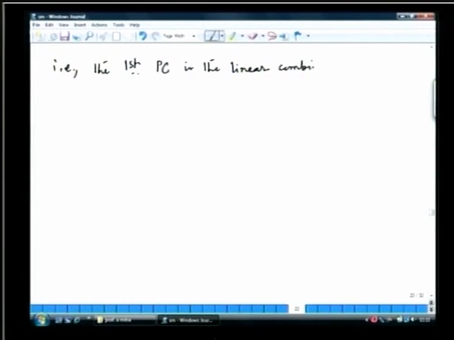So, the first principal component is the linear combination y1, which is L1 transpose x. Here L1 is a p-dimensional known vector, so that y1 is known: the linear combination of x that I am using for y1. So, y1 is L1 transpose x such that